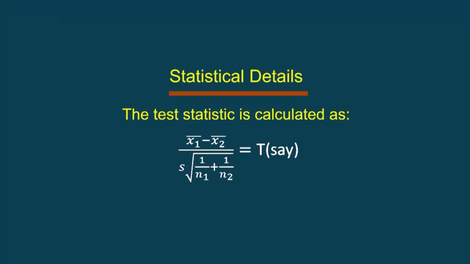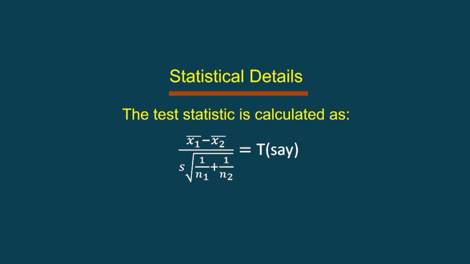Now replace n1 by n, replace n2 by n. So in the numerator you'll have (n minus 1) into s1 square plus (n minus 1) into s2 square, and in the denominator we'll have 2n minus 2. So it will be the simple average of the two variances. So if the sample sizes are equal, we should be delighted that our computational labor will be reduced. So in this case, the test statistic is, as we know, x1 bar minus x2 bar